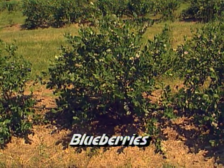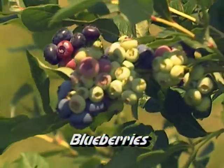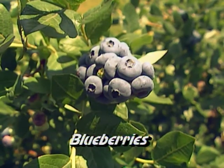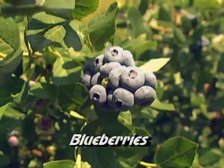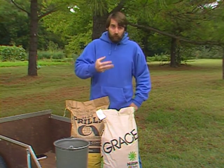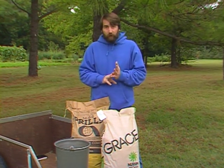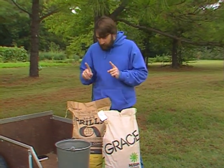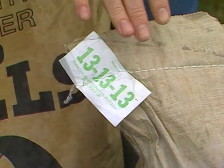On blueberries and azaleas, again, you can sometimes get into iron and other micronutrient deficiencies, but these are usually caused by the pH being too high. Your best bet, instead of trying to add fertilizer, is to correct the pH, and that should take care of your micronutrient problems. Now, nitrogen applications, if you do need to add phosphorus and potassium also, use a complete